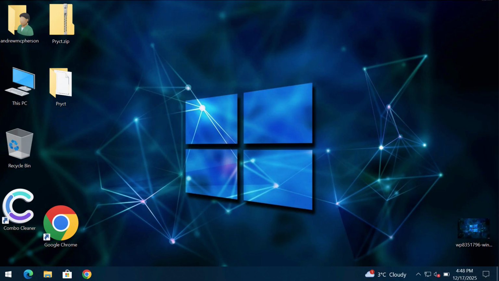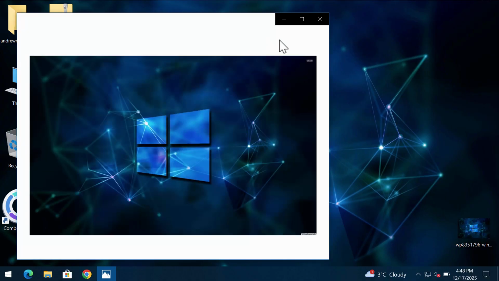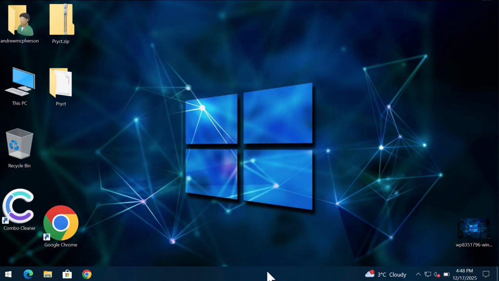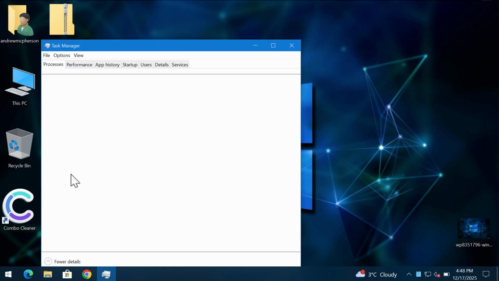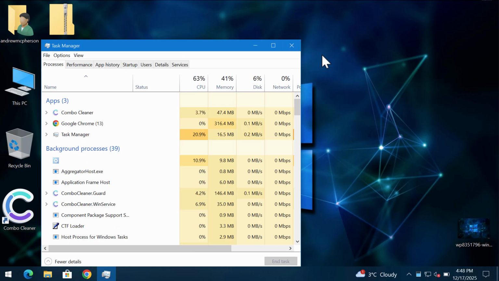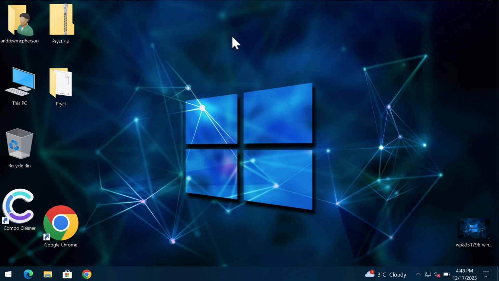So before the ransomware's attack, you're able to open the files without any complications, including pictures, music, Microsoft Office documents, and other data. Unfortunately, because of some leaks and vulnerabilities, this Pryct ransomware may be very easily injected into the computer. So very soon people discover that they can no longer access their data, their files,